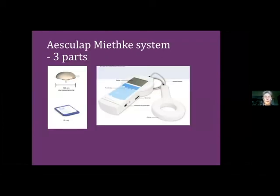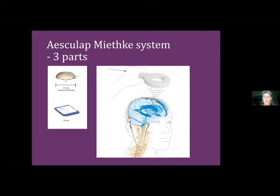Now switching to the other type of system, which is provided by Mitke. It also consists of 3 items. The implantable probe, which is integrated into the shunt system or needs access to a CSF space. It has an external reader, which is sizable, and it has a reader or a data logger component, and these are connected via a cable. As you can see, you apply the external reader at some distance to the patient, where it collects the signal, and then you get the signal or the data registered on an SD card, which is inserted into